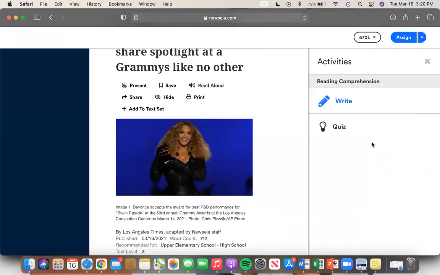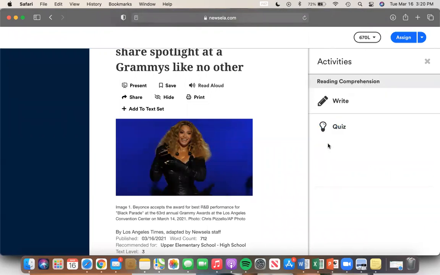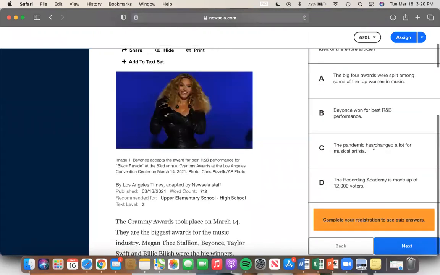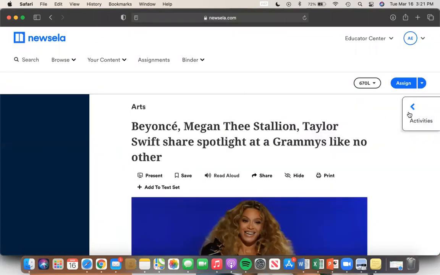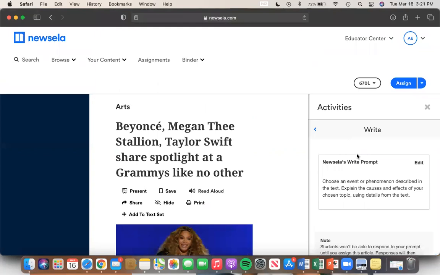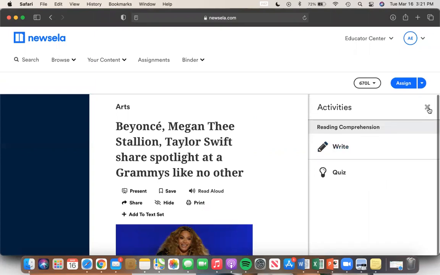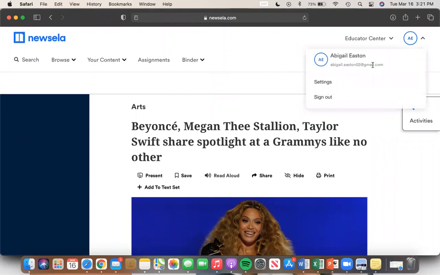You can see on the side there's activities, so you can create writing prompts, or you can create quizzes to go along with the article. So they already have questions that you can use and assign to your students in your class if you want to, or with the writing prompt, I think, yep, it gives you one that you can use. So that's pretty neat that you can use already created activities for your students to go along with each article. So if I go to the educator center,